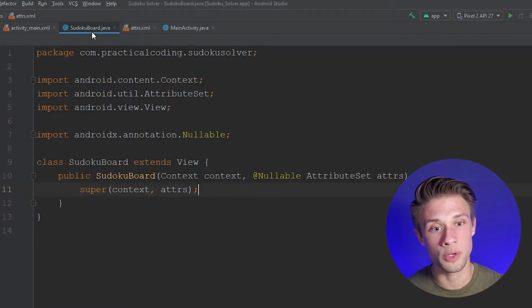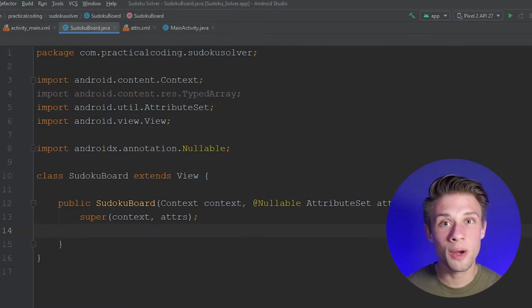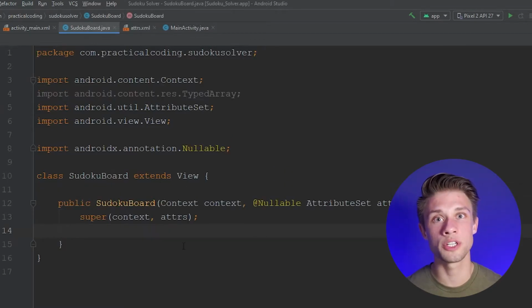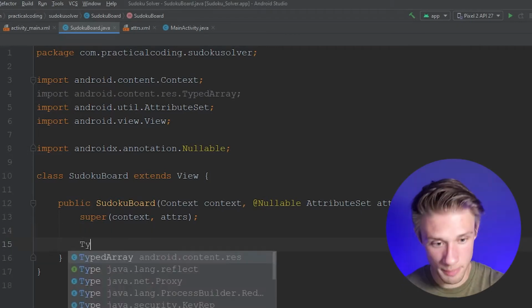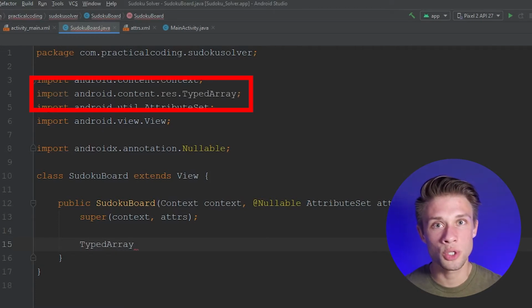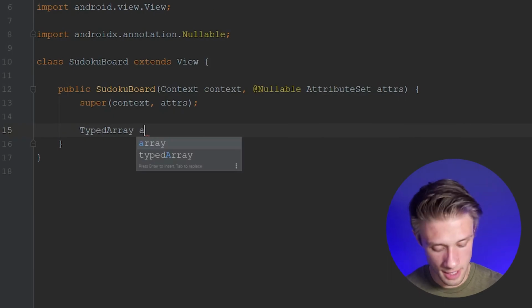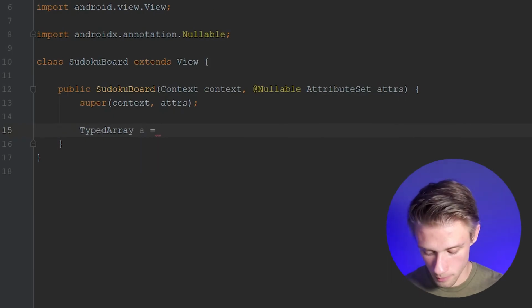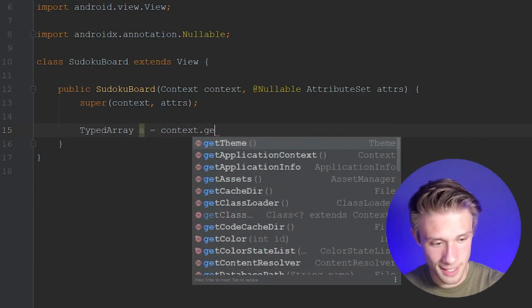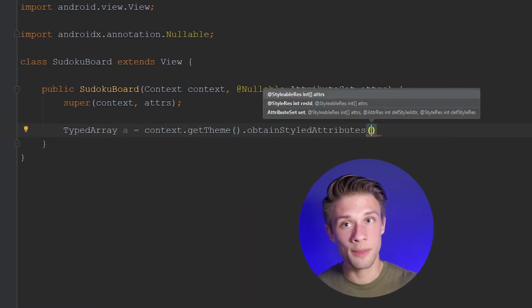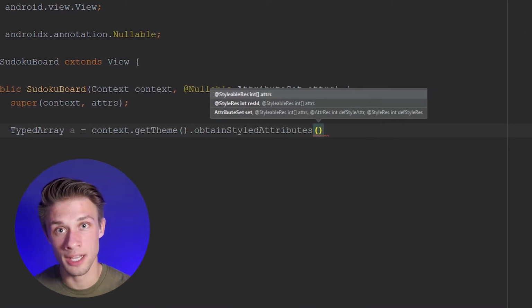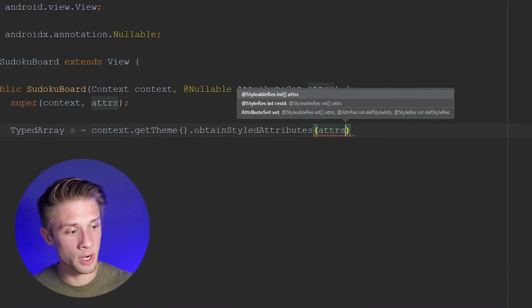If we come over to our SudokuBoard.java file, then we're going to make our way down to the constructor, and in here we're just going to create a typed array that's going to store all the attributes we could ever add to our Sudoku board. So we're going to type in TypedArray, and Android Studio should import the TypedArray class for you, and then I'm just going to call this a to keep things simple, and then we're going to go context.getTheme().obtainStyledAttributes. And then within here, we need to pass our attrs.xml file for the first argument, and then